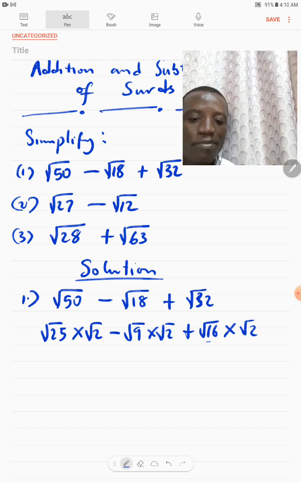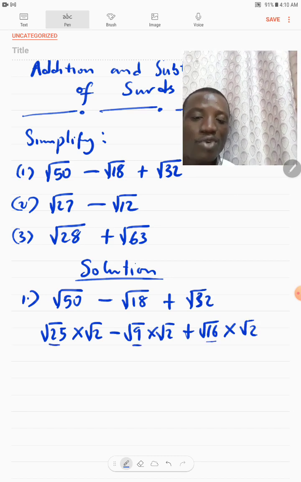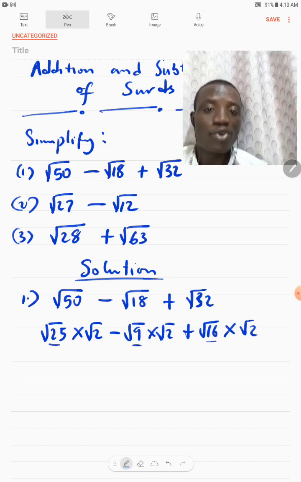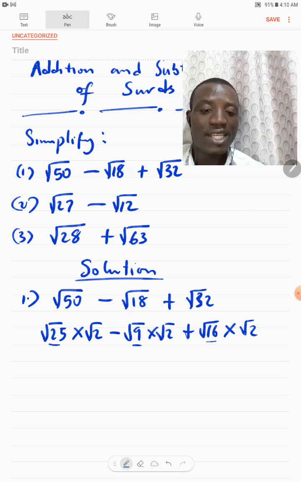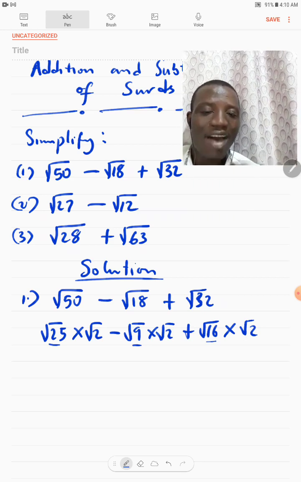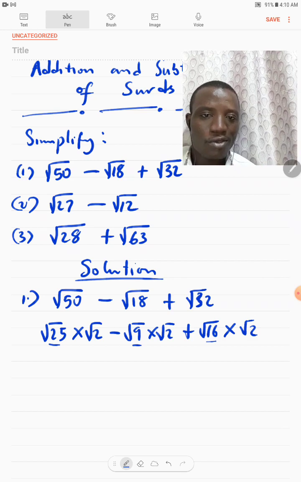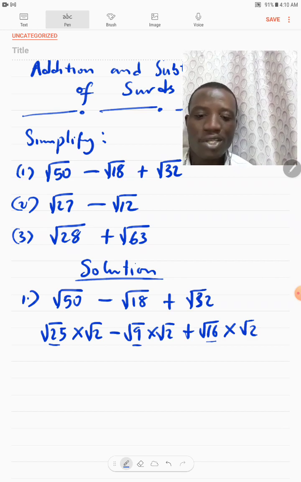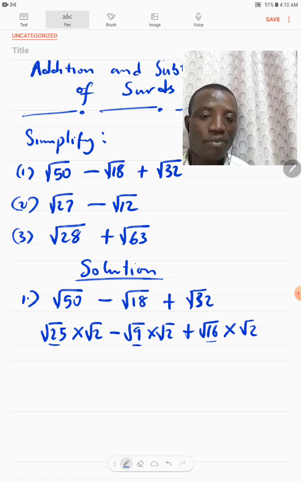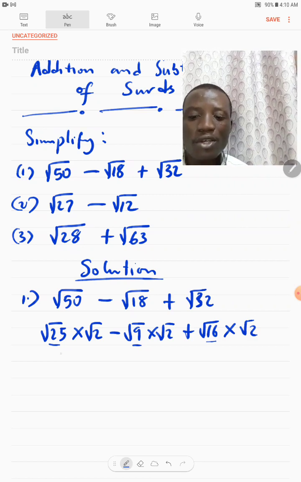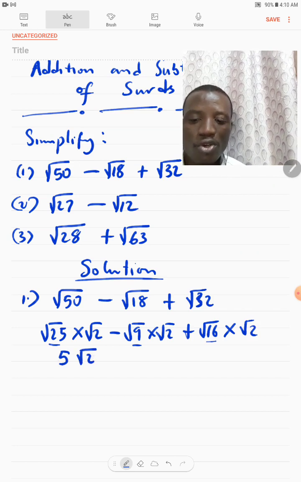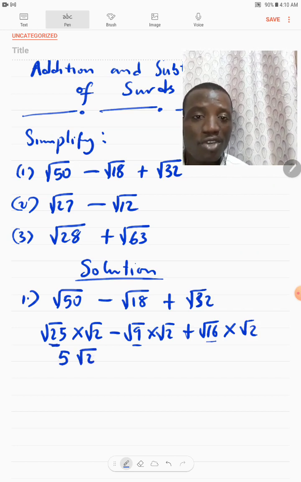Okay. This is a perfect square, perfect square, perfect square. That's why we are using them. And the rest will be prime numbers. And of course, root of prime numbers are surds. You can't further simplify them. So it's safe for us to write both perfect square and prime numbers. So this will give me 5 root 2, because the square root of 25 will give me 5 times root 2, which is 5 root 2 minus,